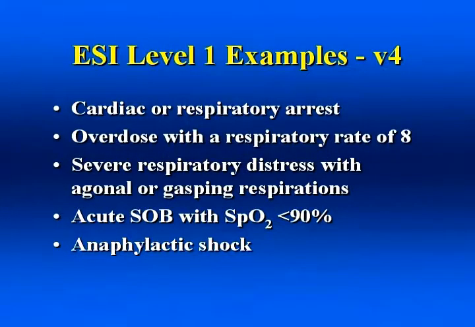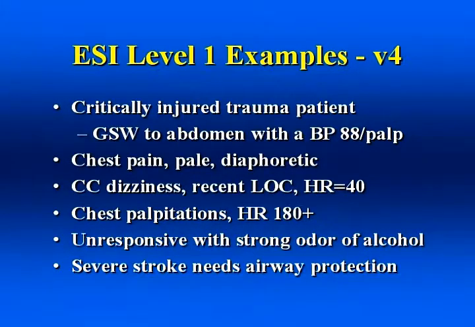Some examples of ESI Level 1 patients: a cardiac or respiratory arrest, an overdose with a respiratory rate of 8, someone in severe respiratory distress with agonal or gasping respirations, acute shortness of breath with an oxygen saturation of less than 90%, anaphylactic shock, a critically injured trauma patient, for example, a gunshot wound to the abdomen with a palpable blood pressure of 88, chest pain who's pale, diaphoretic, with a blood pressure of 90 palpable,